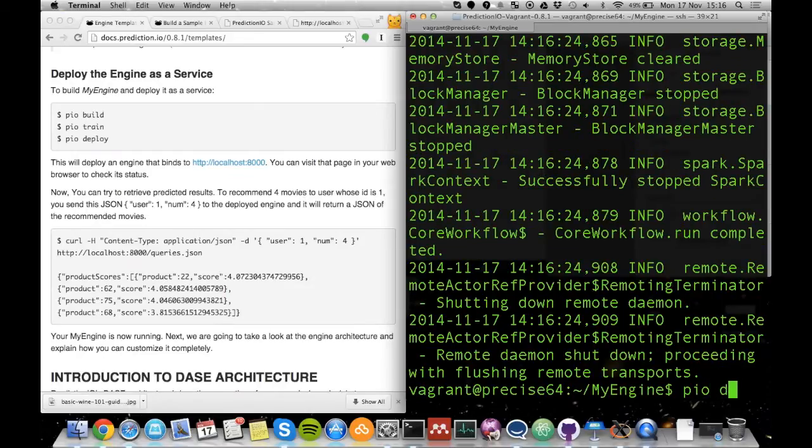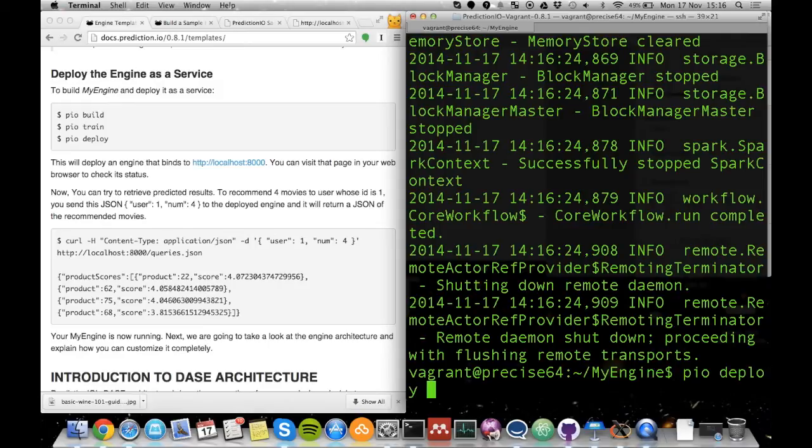Okay, and now that's complete. What we can do is deploy the engine. I'm going to put it globally.